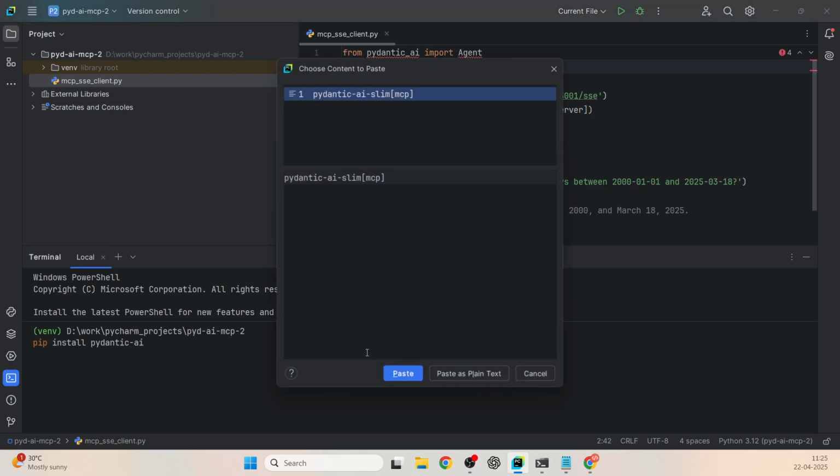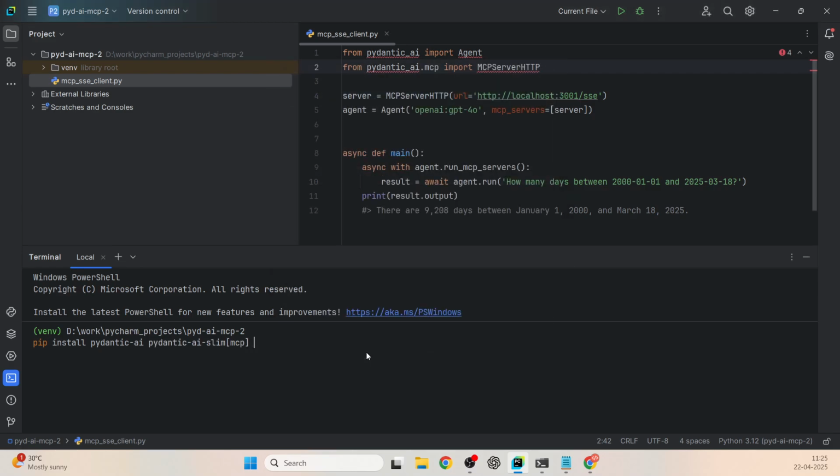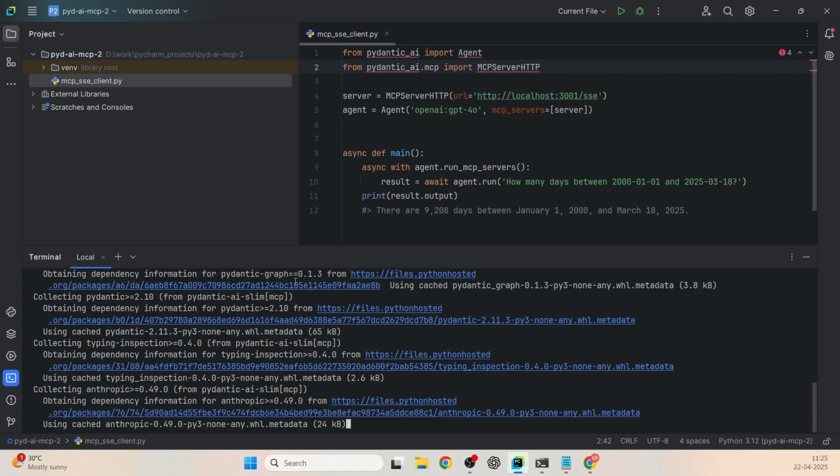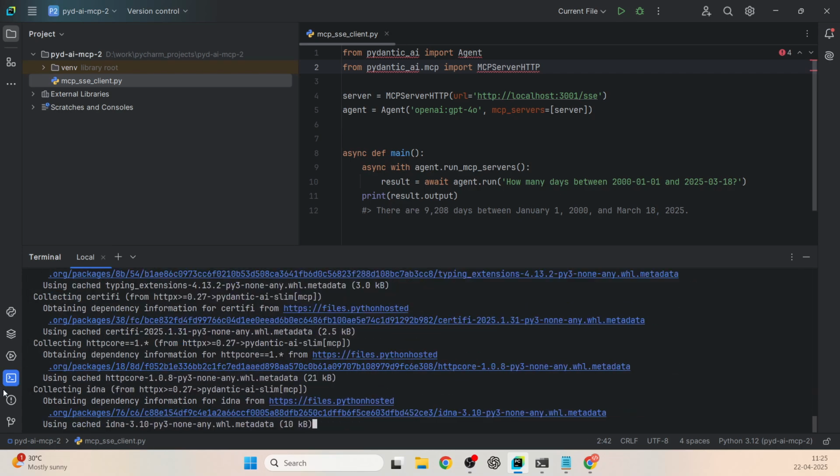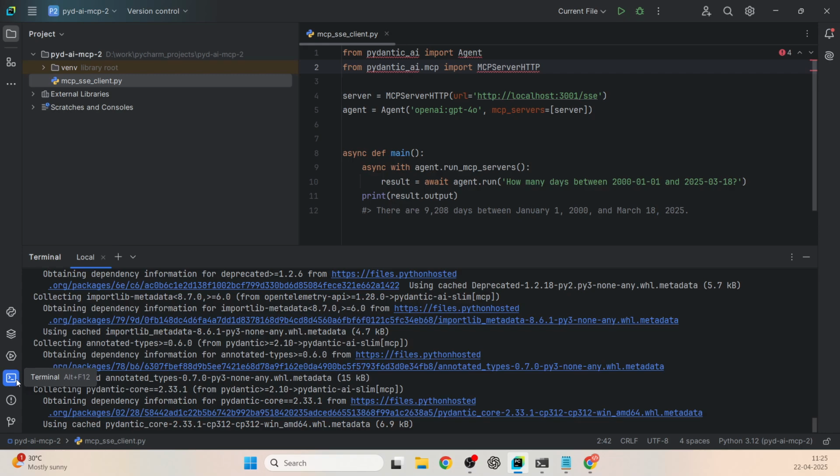And again, we are going to use Groq, right? So we have to mention that as well. You have to say Pydantic AI Slim, and instead of MCP, say Groq. So we are installing Pydantic AI, Pydantic AI Slim's MCP integration, and Groq's integration. Run this. This is going to install all the required libraries, and this may take a bit of time. Okay, so in the meantime, while the code is getting executed,